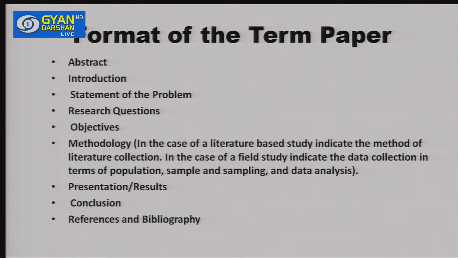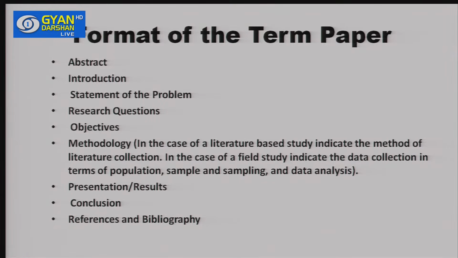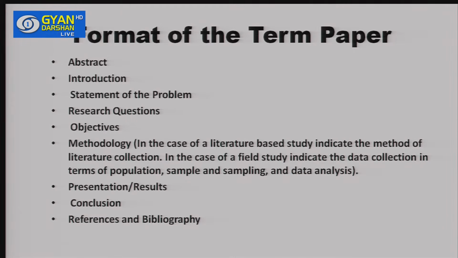And in case there is a problem that you can identify, you should mention that problem. In case there are questions that are there, you can do it. Otherwise, if it is a theoretical paper, you may not have these things. Then you may have objectives, then methodology. If it is a survey that you are doing, out of which you prepare a term paper, you can mention the methodology of this survey. If it is an experimental research, you can tell the methodology of the research. Or if it is a theoretical research, you should mention the methodology. Then you can talk of the results that are there, the presentation that is there, conclusions that are there, references